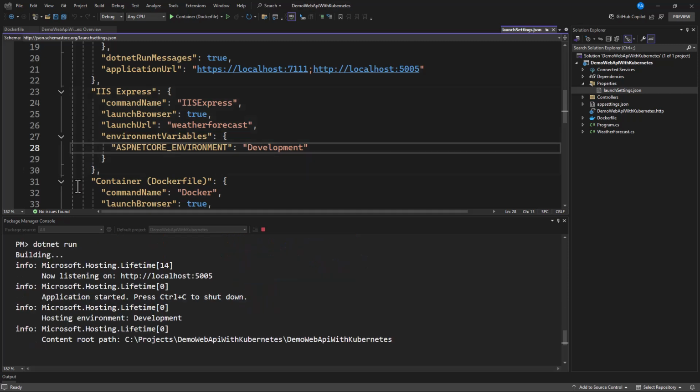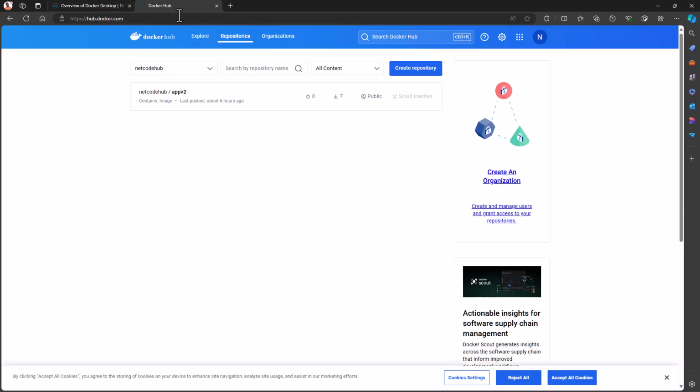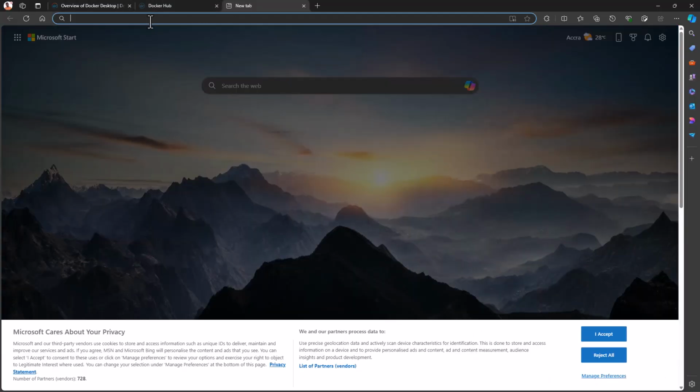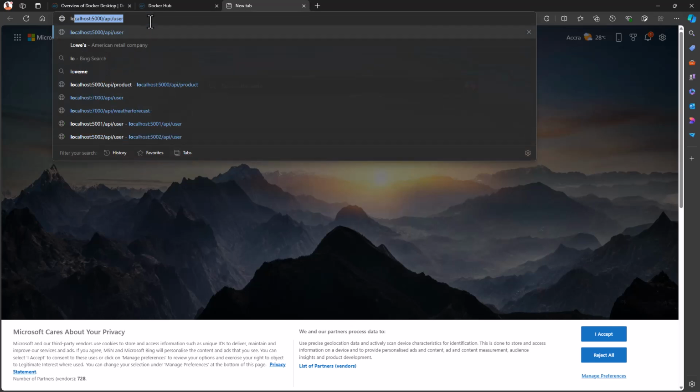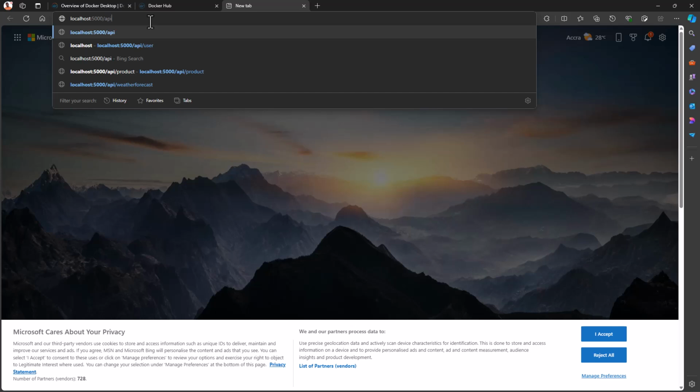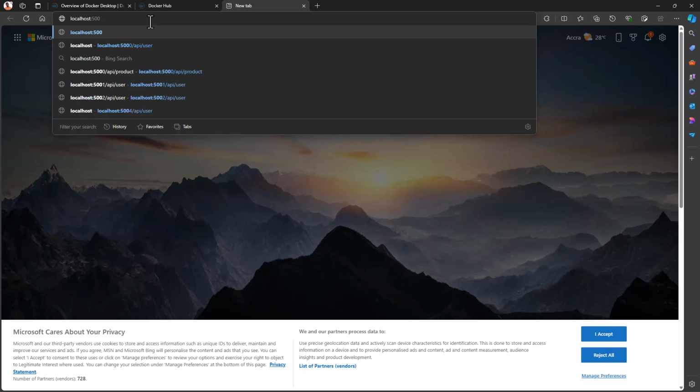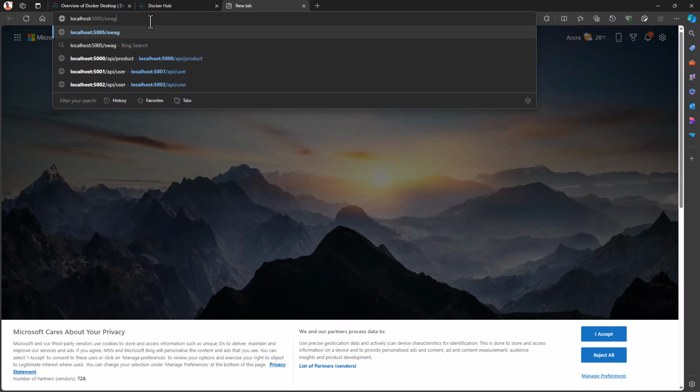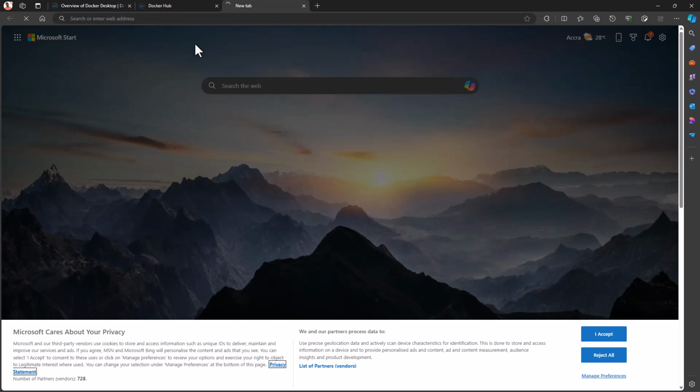So you can see that this is running, and it's now listening on port 5005. So maybe you can open our browser and check it out. We're going to have localhost, which is running on port 5005. So let's say 5005, and now let's open our Swagger and check it out.